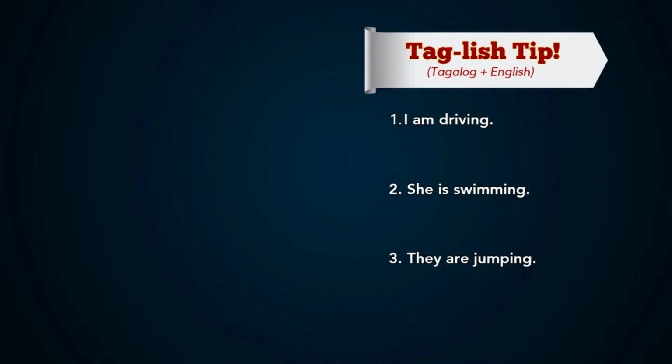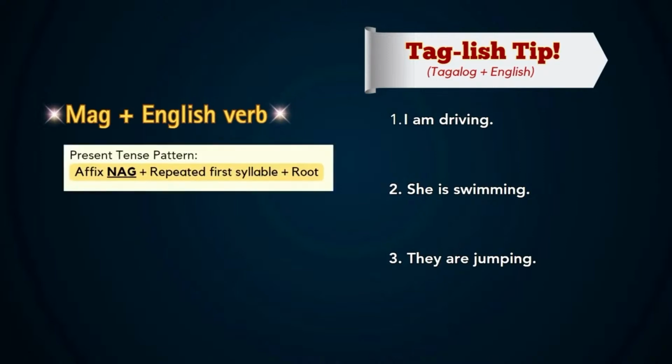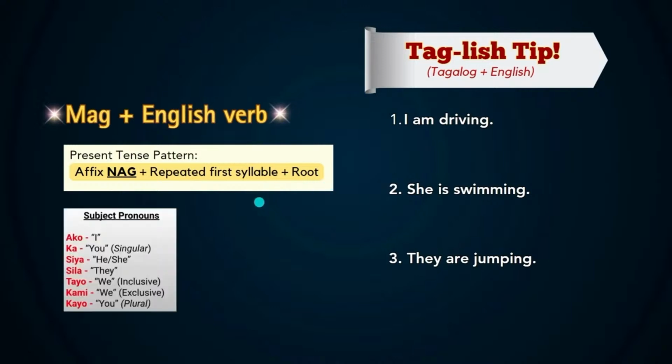But you could always turn them into a mag verb. So mag plus the English verb. And then you could just conjugate it in the present tense using the pattern we learned. Affixes nag, then there's a repeated first syllable and then the root. And then use the subject pronouns like we learned. So what if for number 1, I said, I am driving, and I told you to use the verb mag-drive. Now you could conjugate it as